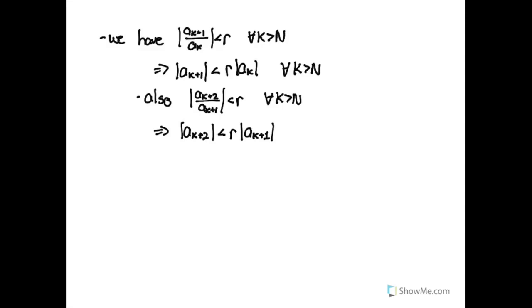Right. But from the above line, we know that |a_{k+1}| is less than R|a_k|, so this is less than R squared |a_k|. And repeating this process over and over,